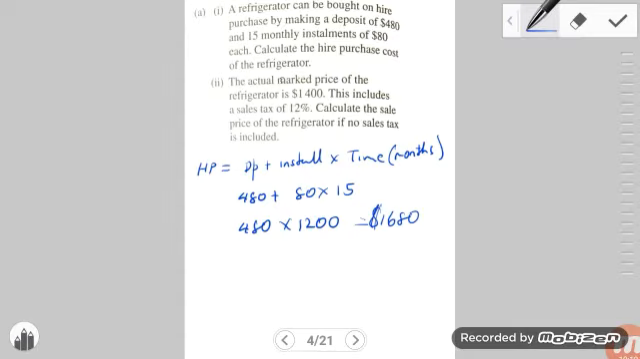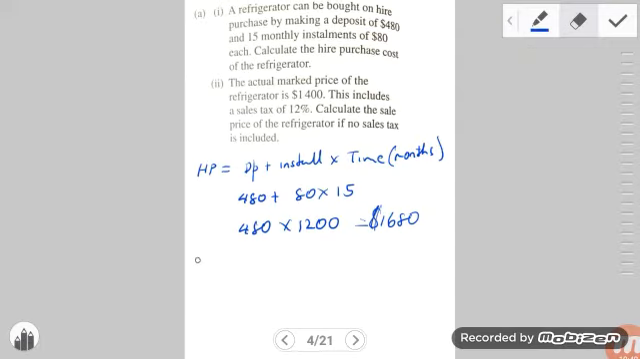Part 2 is saying that the actual marked price of the refrigerator is $1,400. So that would have been the price had you walked into the store. That's the marked price on the refrigerator, and that marked price is inclusive of sales tax of 12%. Calculate the sales price of the refrigerator if no sales tax was included. Okay, so since the tax is 12%, let's first look at what the original cost of anything is. So first of all, the original cost